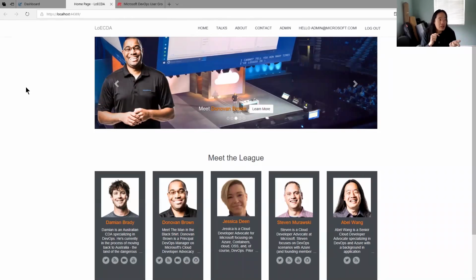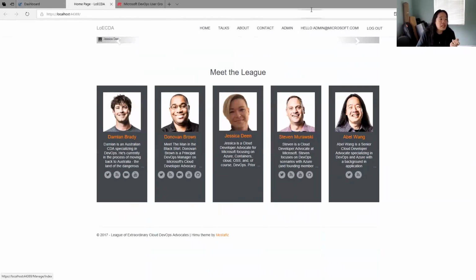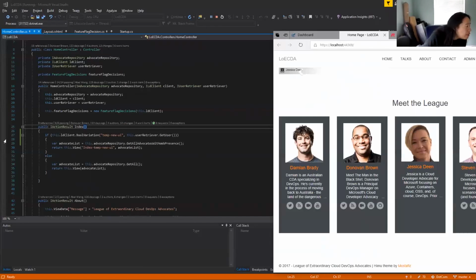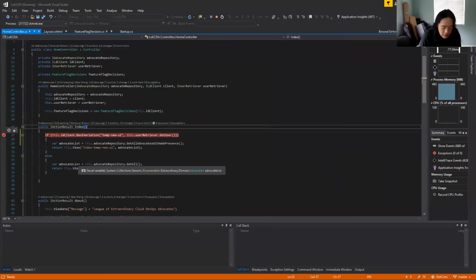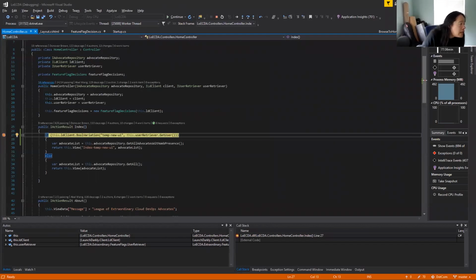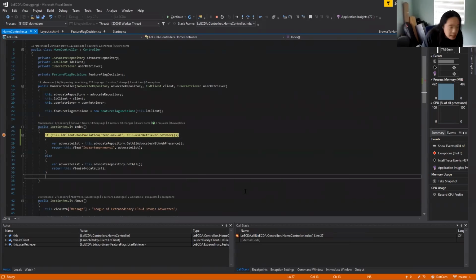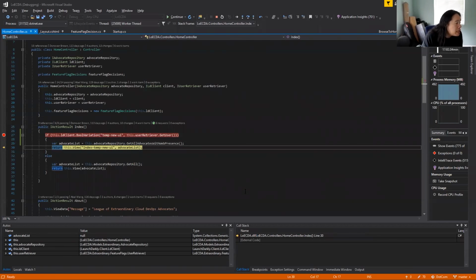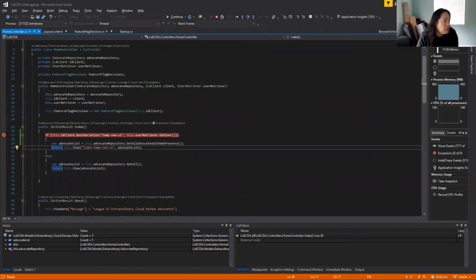Right? So this is a fascinating thing. It's so simple to do. Let me go ahead and set a breakpoint. It literally is an if statement. So I hit my index from my home page. I'm checking my Launch Darkly client, and I'm saying for the temp new UI, for this particular user, is it on or off? And you'll see that it is turned on. So it goes ahead and loads my new page, right?